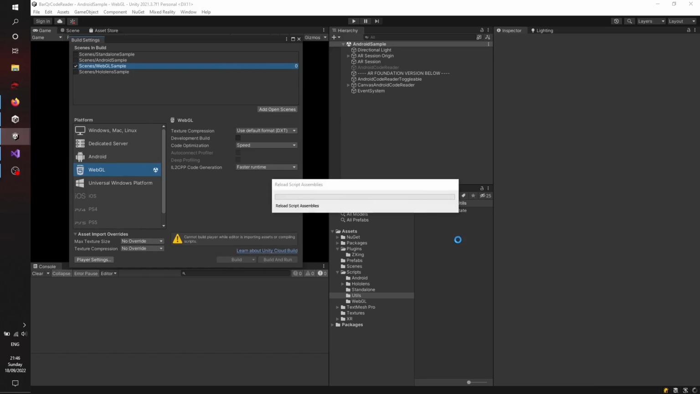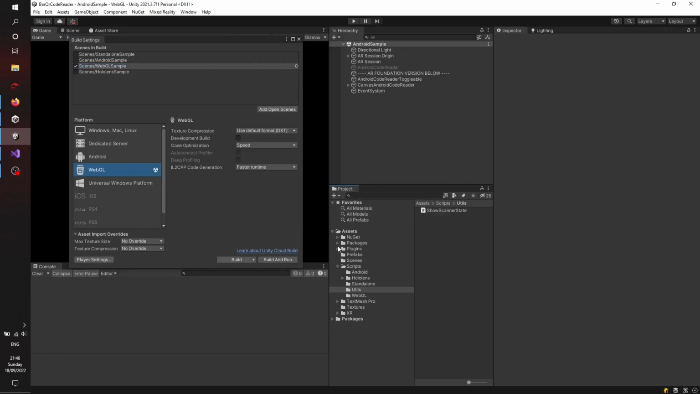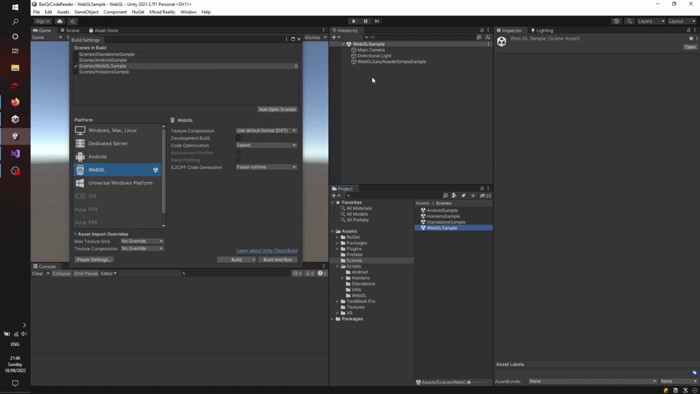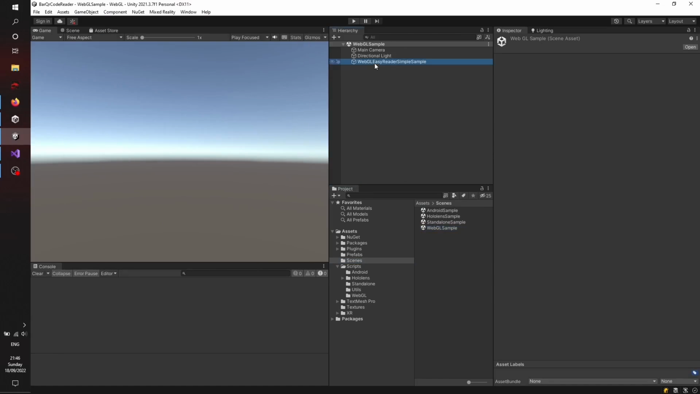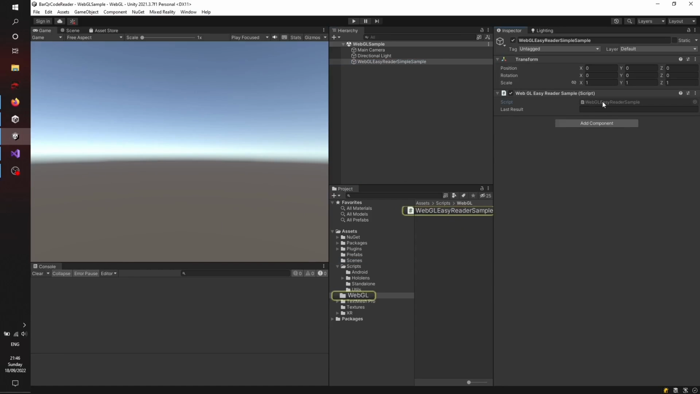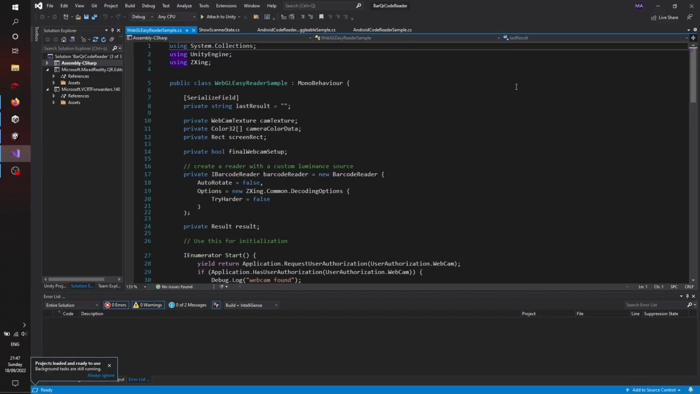Let the player rebuild. Waiting for the rebuild, and open the WebGL scene. And as you can see, there is only one object here, which is called the WebGL Easy Reader Sample. And when we open it, just closing all the other scripts,